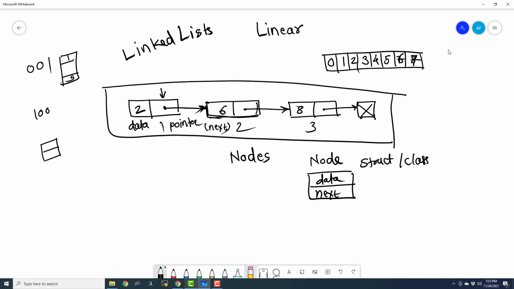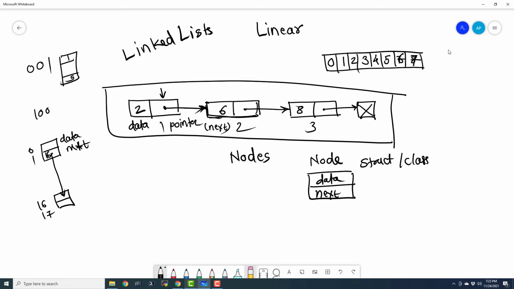The first byte is for the data and the next byte is for the next pointer. Suppose this is at 0, this is at 1, then you can have the next node at some other place, maybe 16 and 17, and the next part is going to have the address of that 16 thing.